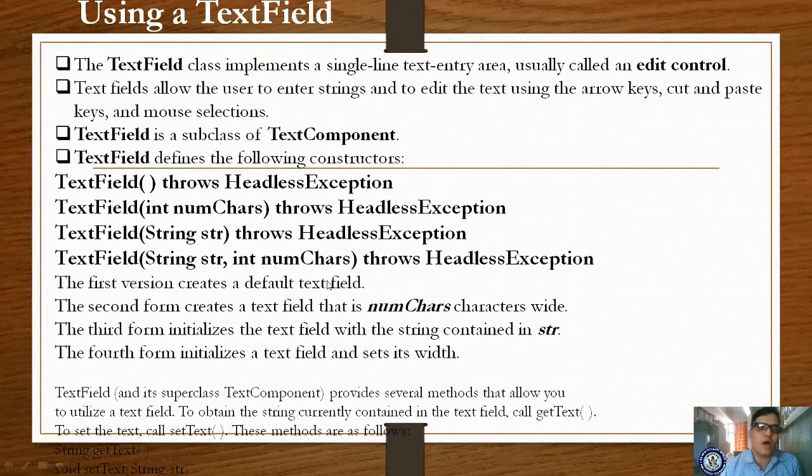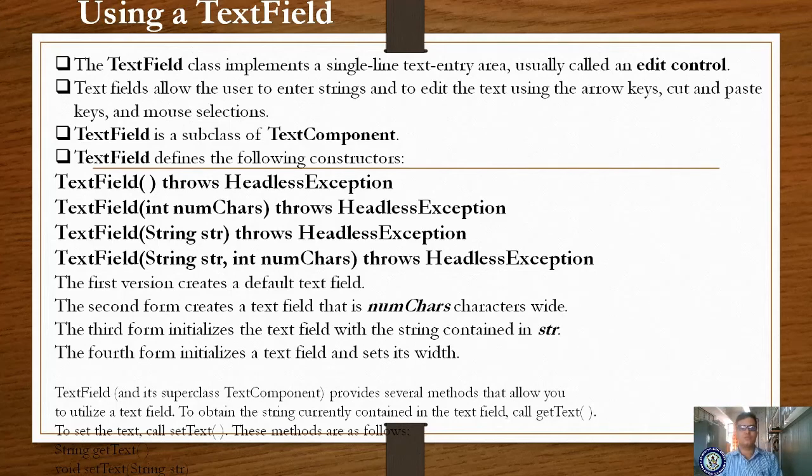Okay, now it's time for text field. Till now we have learned labels, buttons, checkbox, choice box, checkbox group meaning radio buttons, choice controls, and list controls. Choice means drop down list, and list means list box, and the last one is scroll bar. Now we are learning about text field.